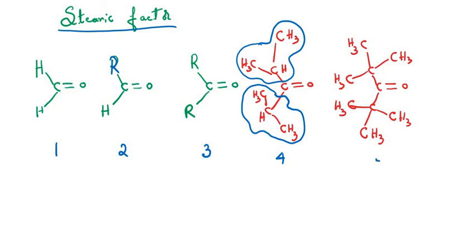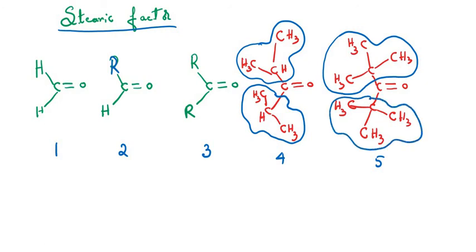And I have the fifth example. In the fifth example, there is a tertiary butyl group here. Since there are two tertiary butyl groups, the name of this compound is ditertiary butyl ketone. Is it clear, students? Now I was speaking with respect to nucleophilic addition reaction. In case of formaldehyde, the nucleophile can readily attack this carbon atom when it bears a positive charge, when this bond is migrating here, because of the polarity of the carbonyl group, as oxygen is more electronegative.